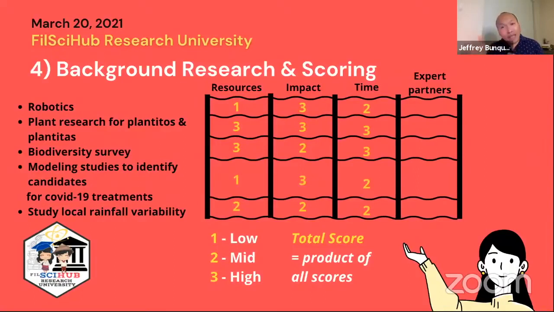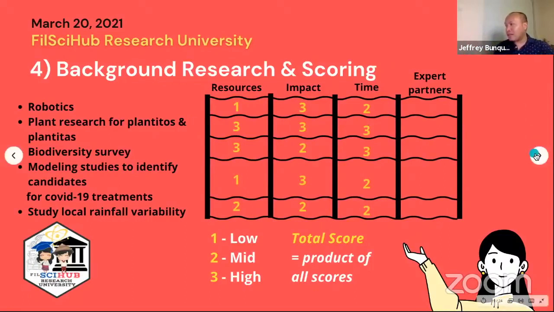Modeling study, so again, depende sa access sa resources, baka kailangan nyo pang matuto ng basic coding to do this, so definitely kakain siya ng oras dun sa 6-month period na meron kayo. So yun, baka medyo moderate lang yung score niya. And then study of rainfall variability, ay paano kung in a given 4 months hindi umulan? So hindi nyo siya masyadong mag-gauge. So baka medyo mababa yung score niya doon.